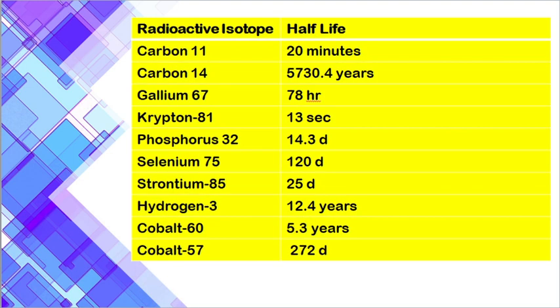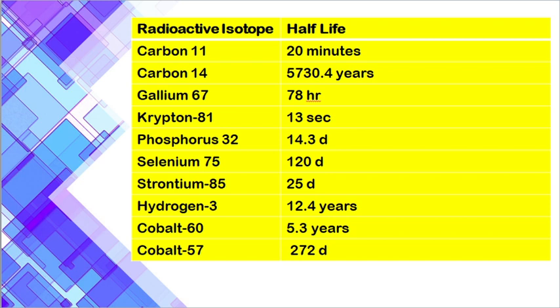Next we'll be seeing the half-life of various radioisotopes used for biological studies. So half-life is nothing but the time required for a quantity of radioisotope to decay by half. Generally, those radioisotopes that are used for biological research will have a lesser half-life, so that the presence of radiation will decrease, or else if the radiation is present, then ultimately it will be destroying the body. Okay, so first, the half-life of carbon 11 is 20 minutes, but the half-life of carbon 14 is